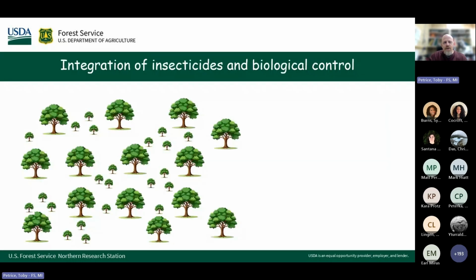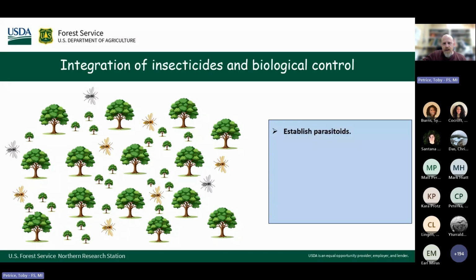And this is just a little schematic or diagram of how this treatment would work. And we've actually replicated this at several sites in mid-Michigan. We're on our third year, so hopefully this year we'll have some good results. But basically how it works is first the parasitoids are introduced and established in an ash stand. And then after they're established,